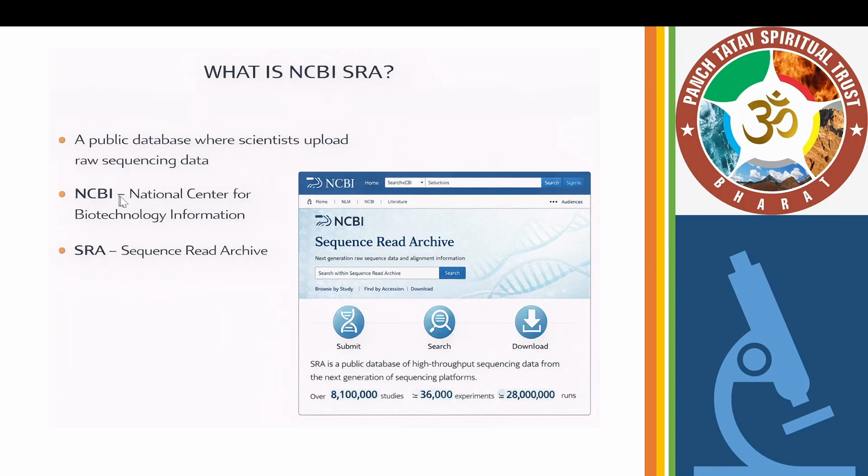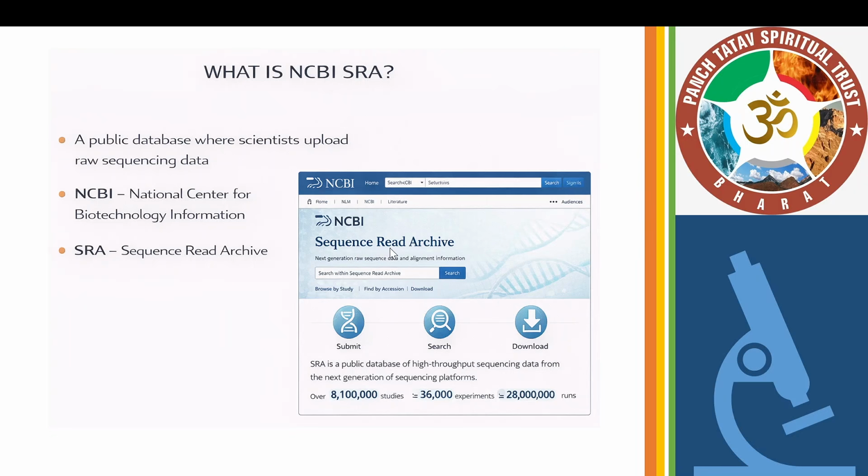NCBI stands for National Center for Biotechnology Information and SRA stands for Sequence Read Archive. Researchers perform the experiments using the NGS machine, generate the FASTQ data and upload it on the NCBI SRA.